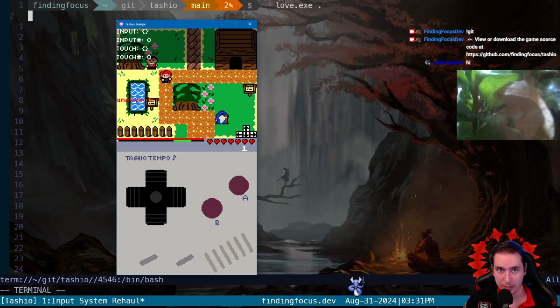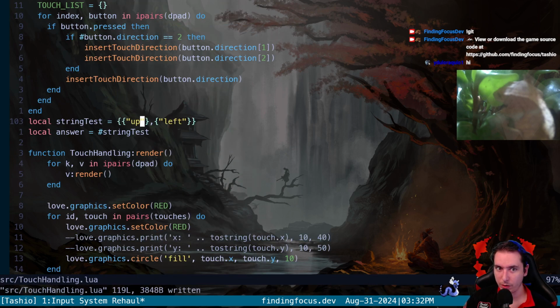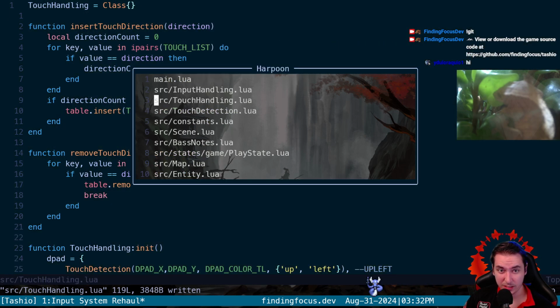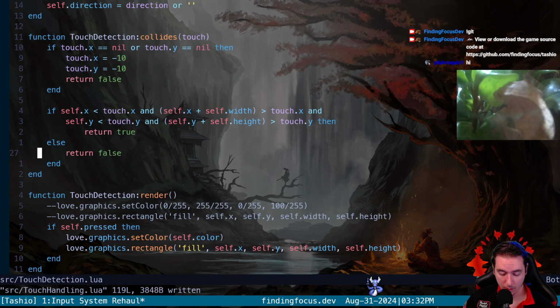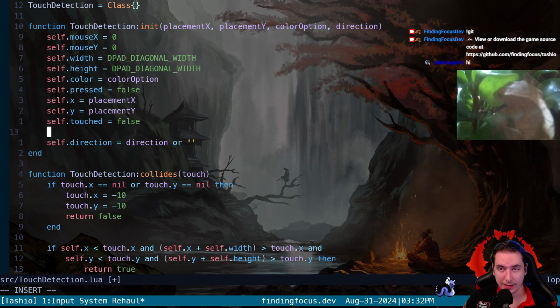And that's what we need. So when we go to insert it, we need to insert them in their own tables like this. So what that looks like is in our touch detection object, when we take it from the direction parameter up here, instead of just placing it here, we want to ask,